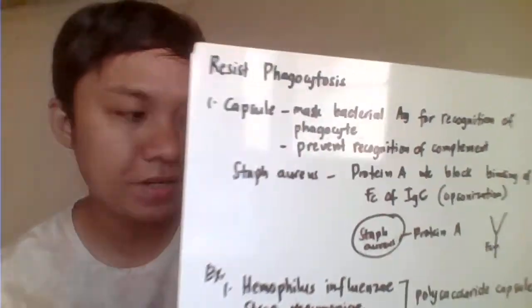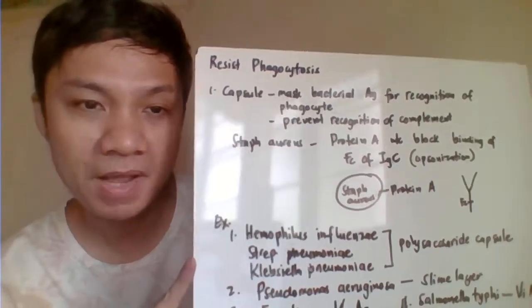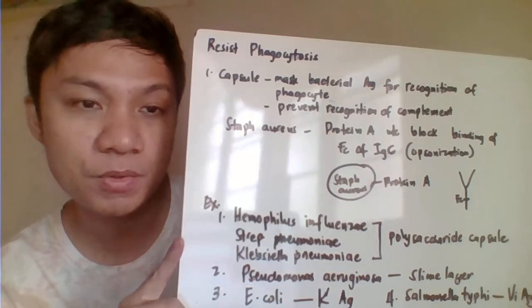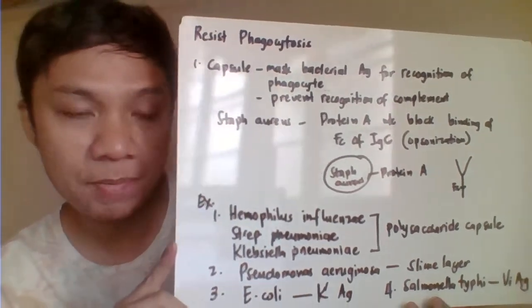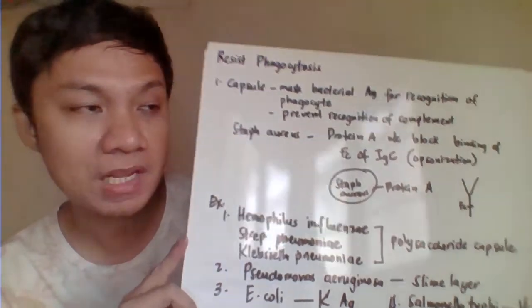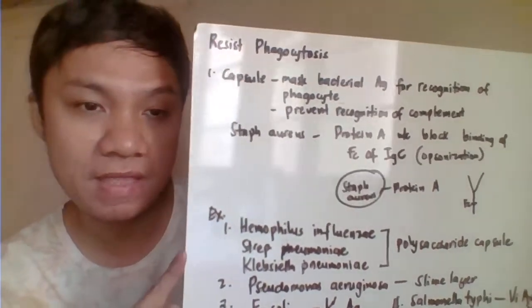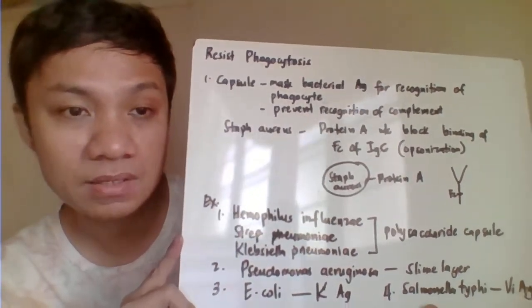Okay, so we have here the different virulence factors utilized by the microorganism in order to prevent the killing by the host immune system. The first one is the ability to resist phagocytosis, basically because of the capsule. The capsule serves as a protective coating that will try to mask the bacterial antigen, and therefore